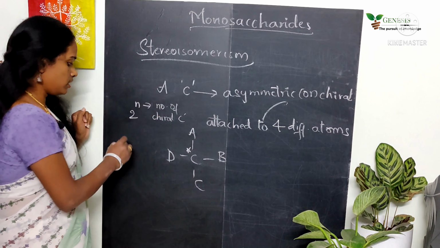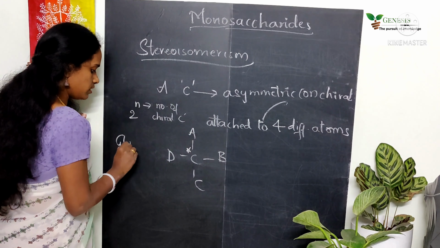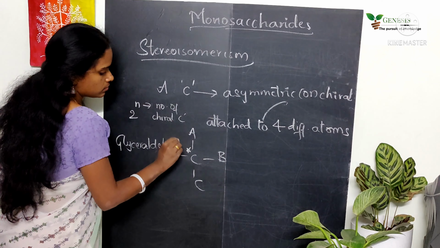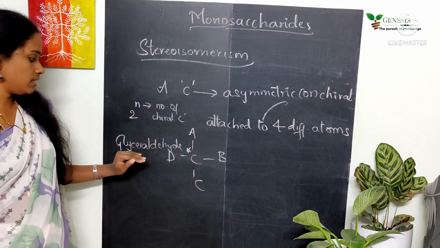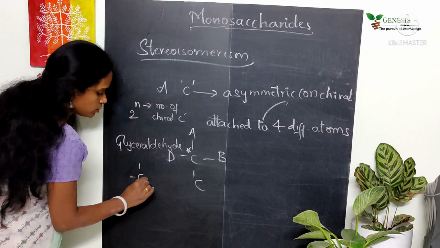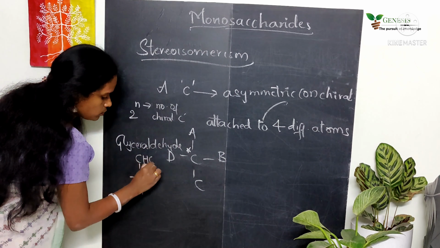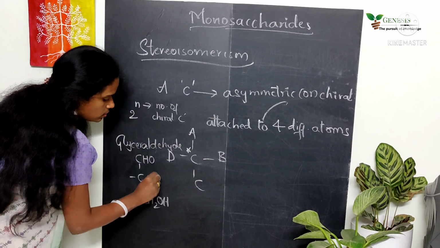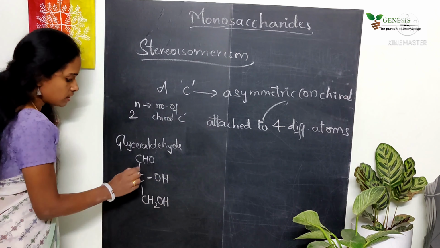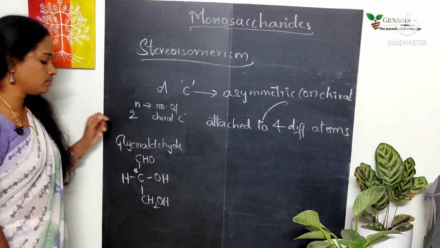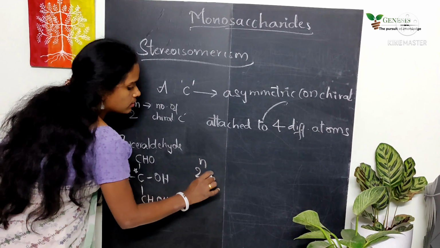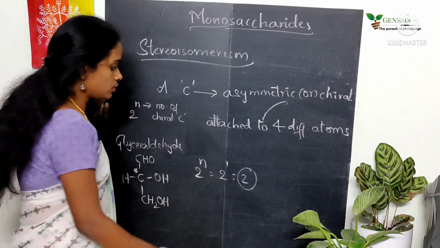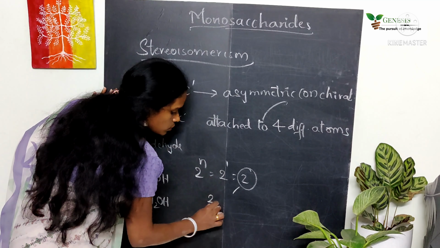So for example, if we take the case of glyceraldehyde, I'll draw the structure also, CHO, CH2OH, OH and H. Glyceraldehyde has one chiral carbon atom. So here 2 power n is equal to 2. So glyceraldehyde has 2